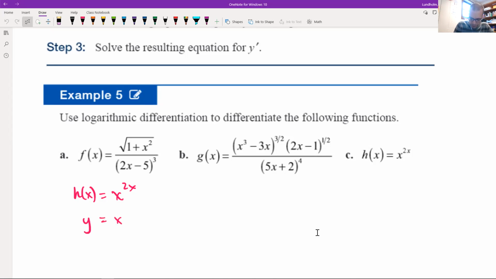Sorry, that'll be easier to keep track of. Take the natural log of both sides. So we get the natural log of y, and we take the natural log of x to the 2x,